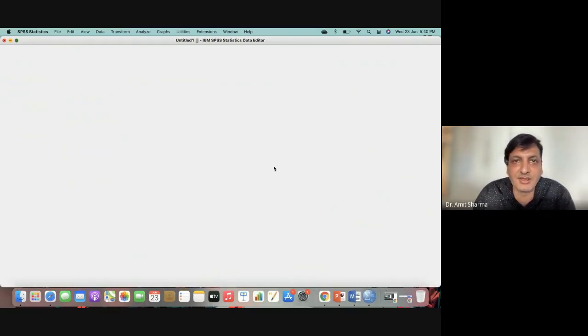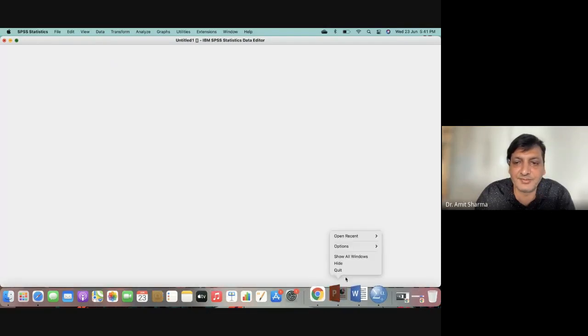See, there is a difference in the style of how the software looks in the Mac version or in the Windows version. In the Windows version, you are going to get everything at the bottom line, not on the top line as I'm getting SPSS Statistics or file, edit, view, data on the top line. You are going to get it inside the software somewhere here where I have the mouse, like we have seen in the presentation.